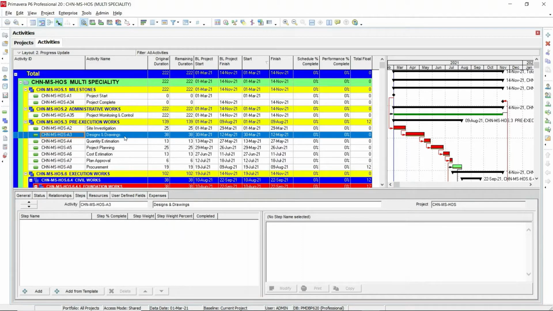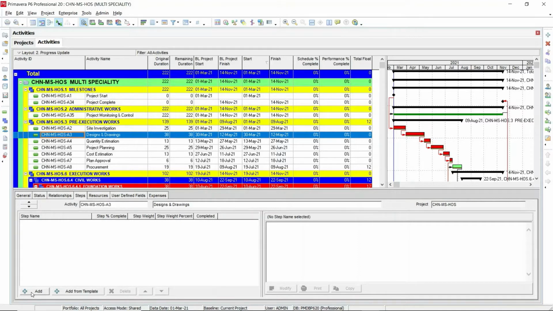So how can we add these steps to this particular activity? There are a few methods for creating activity steps. The first method is to select this activity and go to the bottom layout. You can add the Steps tab here. In the Steps tab, you can see an Add button is available.